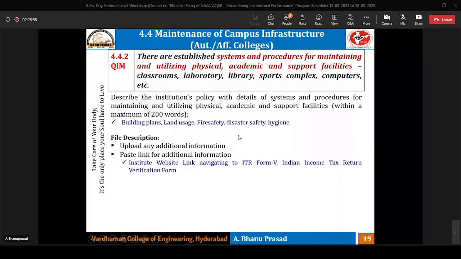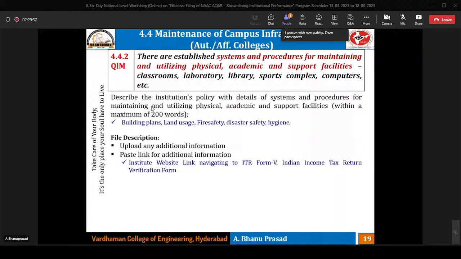So you can upload the documents of the institution's maintenance policy. The maintenance could be with respect to building plans, the architect's signatures, land conversion certificates, the fire safety certificate, sanitation certificate, disaster safety and hygiene certificates. If the colleges are maintaining transport facilities, fitness certificates, and if the fire extinguishers